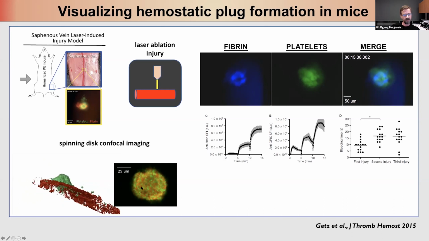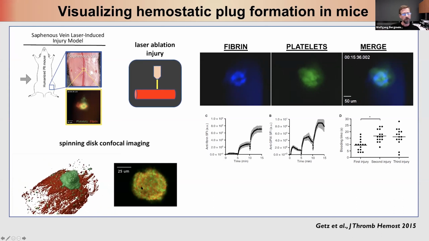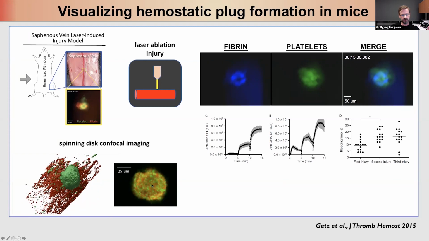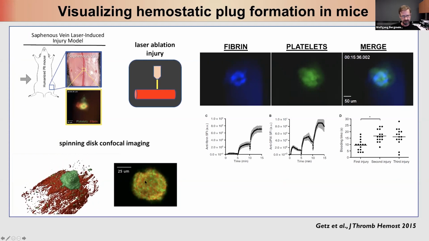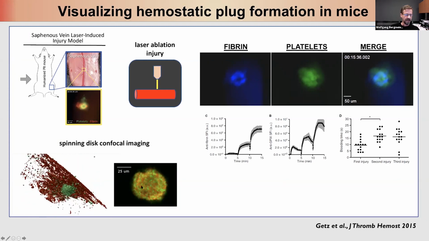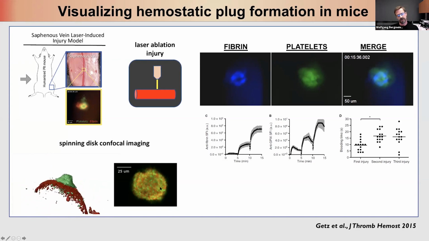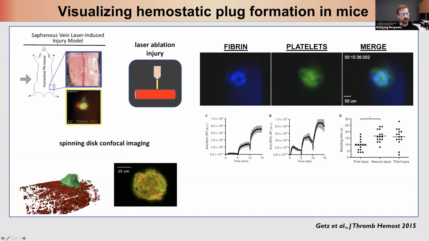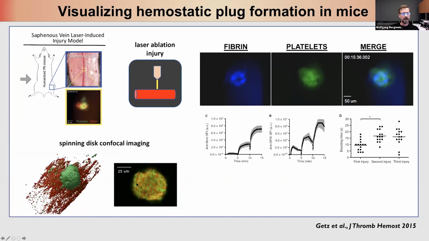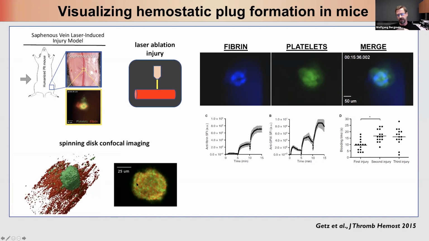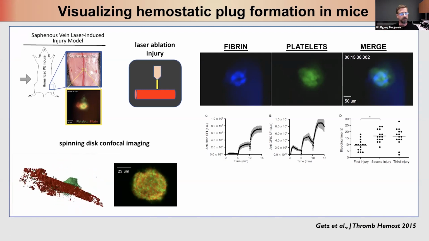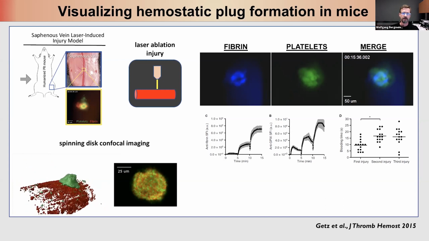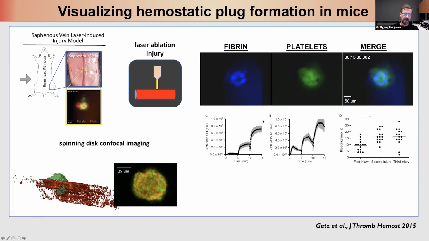And just to orient you, how many platelets do you need to form the plug? This is differentially labeled platelets that we put in a mouse, and I'll get to this in a minute too. You can basically count across how many platelets are necessary to span that area, and we're talking about approximately 30 platelets across to fill up that hole. So this is a very small lesion, probably not really reflective of all the things we see in the clinic. In the clinic, we probably have bigger lesions, but a really great model to get images for how hemostatic plug